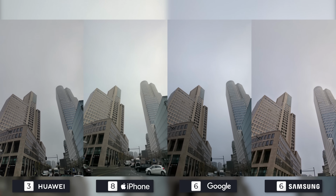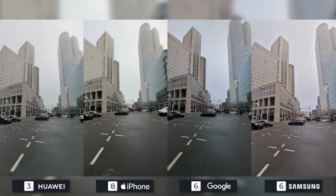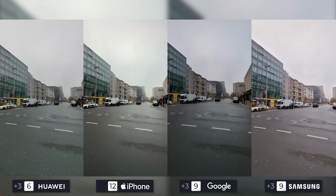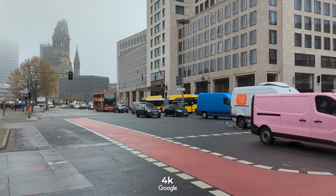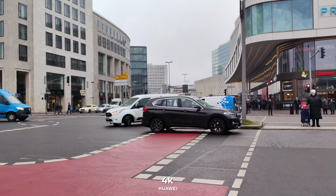Ultrawide isn't particularly pleasing with all devices having some amount of noise, but Apple once again has it the least, as well as not having any white balance issues, so 4 points to them and 3 points to the rest. Meanwhile, the 8K video of Samsung needs to be improved. It's too cropped in with too much noise. The iPhone is just better at horizontal videos as well, and we just wanted to show you the quality difference